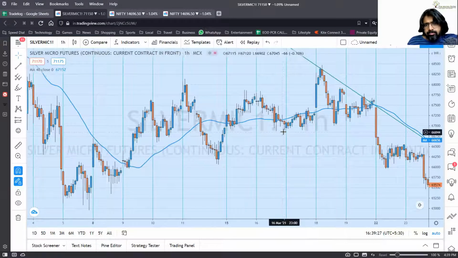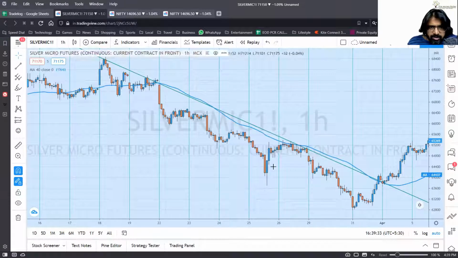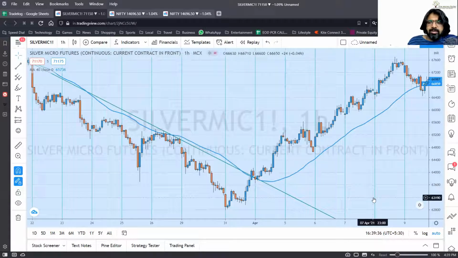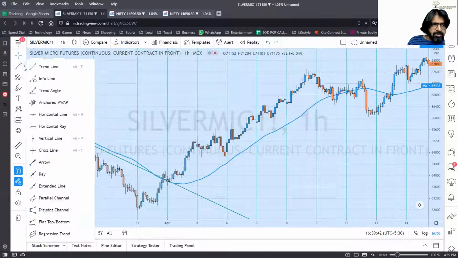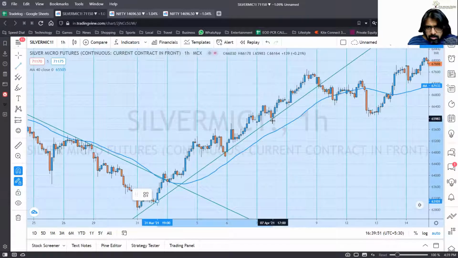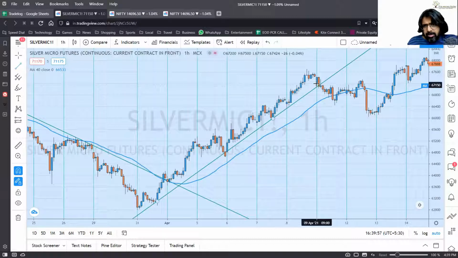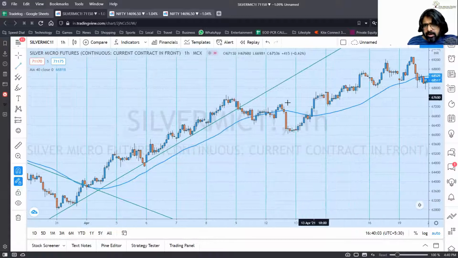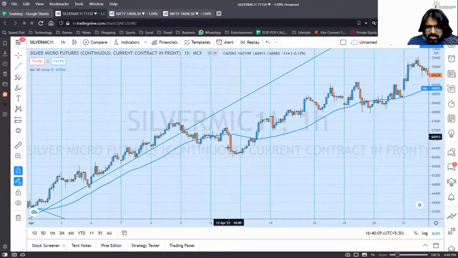Now, this 40 period average, when I club it with a trend line here, you can see how beautifully it is signaling that this trend is over and a new uptrend has come. Now this same thing here, I can make another trend line from here. This is an okay trend line, it's not that good. But here this trend line got breached. The price took a support at the moving average and then it fell.